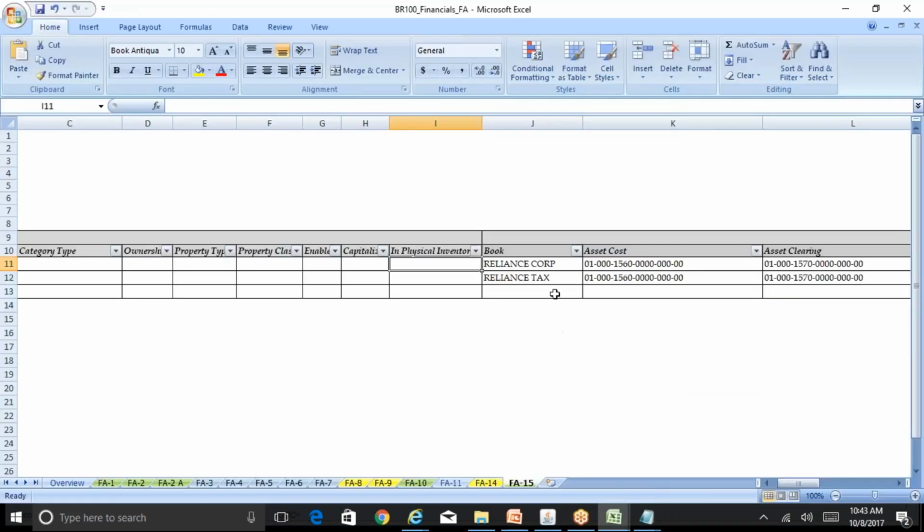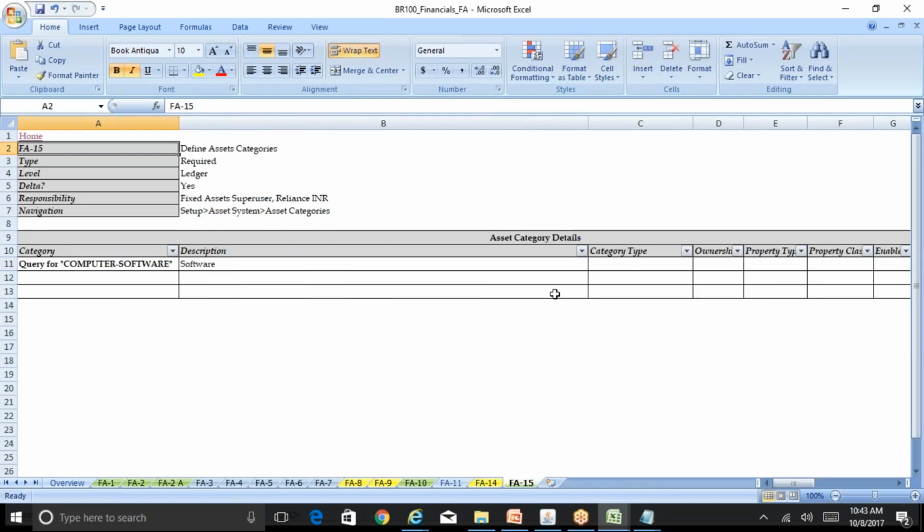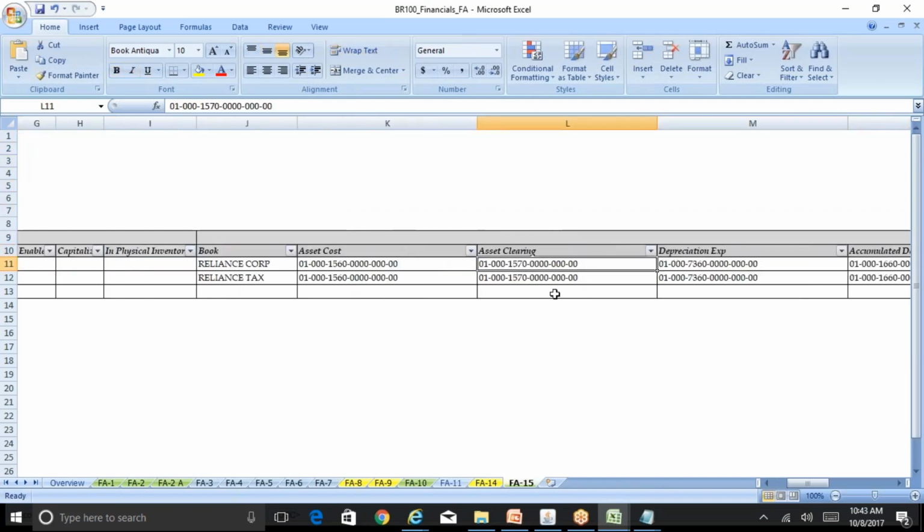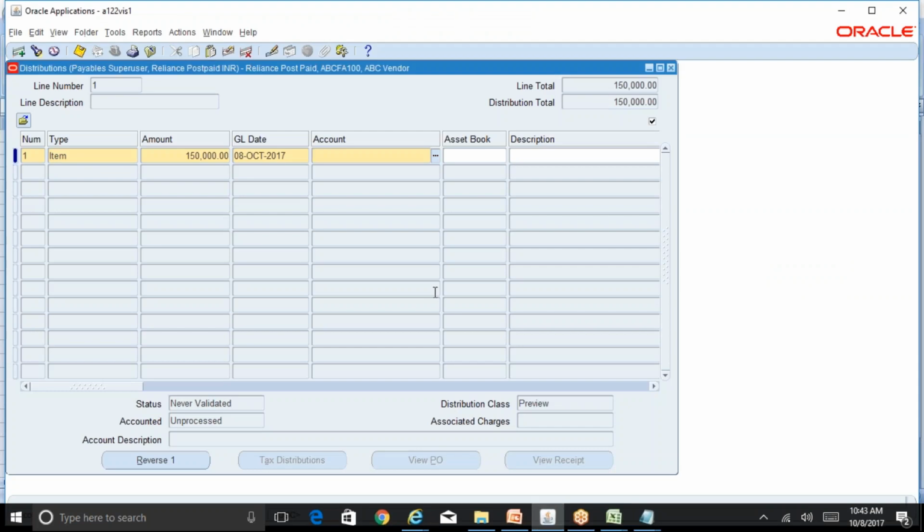So computer software is the asset category, and for this particular asset category definition I've used an asset clearing account. So this is the clearing account. I should use the same clearing account when I'm creating my AP. Okay, if I do this, what will happen is